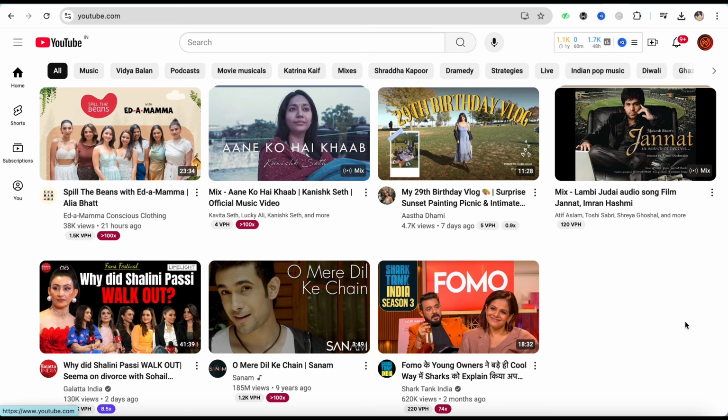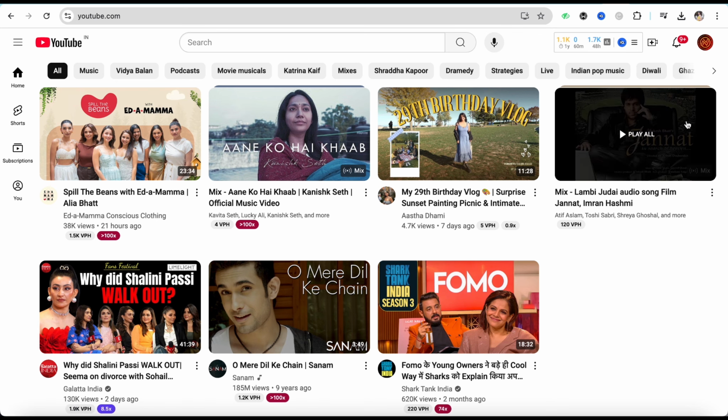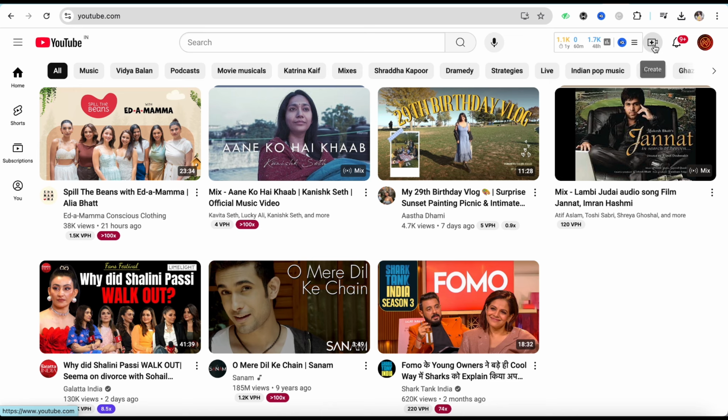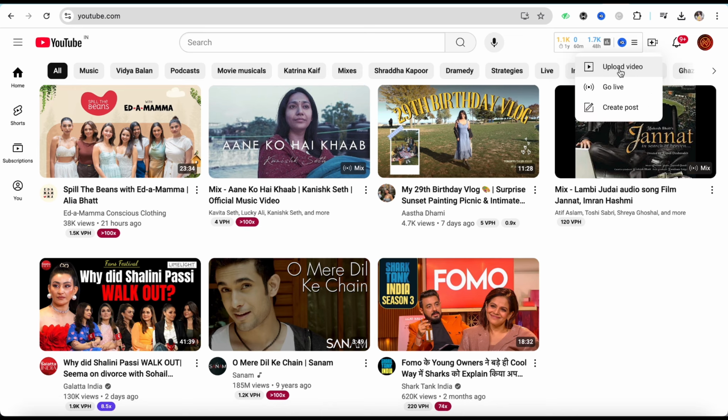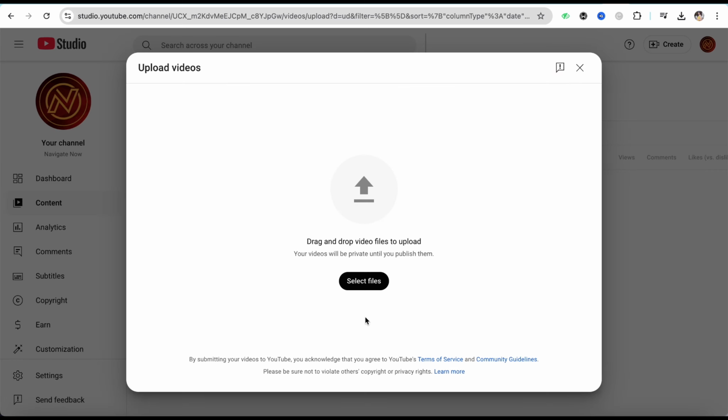So first of all, just simply open your YouTube account and make sure that you have logged in with the account with which you want to upload the short. And after that, just simply click on this upload section from the top right corner which says create. Just simply click on it and click on upload video, and now this pop-up menu will appear in front of you,